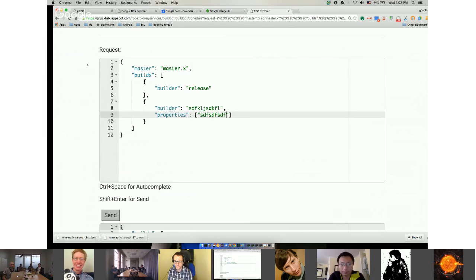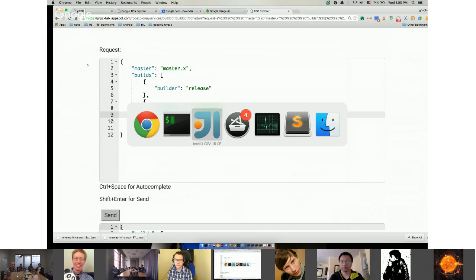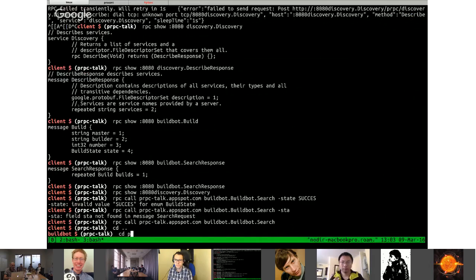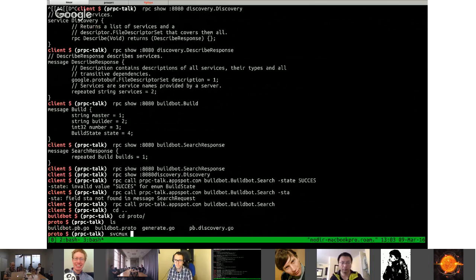So this is the main portion of my talk. There are some extra tools. For instance, cloud endpoints support versions, different versions per service. And Robbie wanted this feature, so we wrote an SVC tool for that. So if I go to proto and do svcmux, type buildbot,